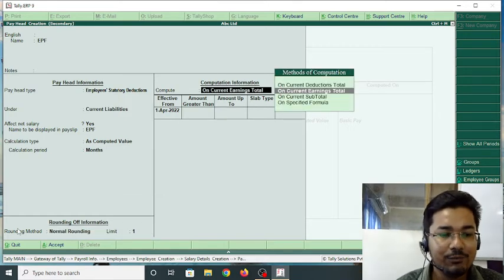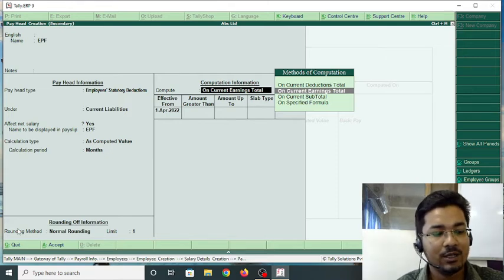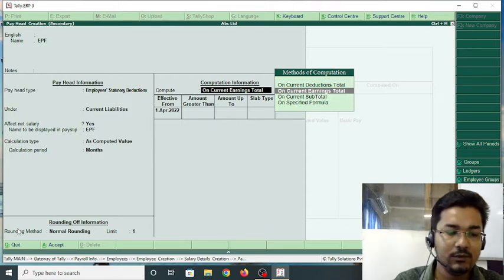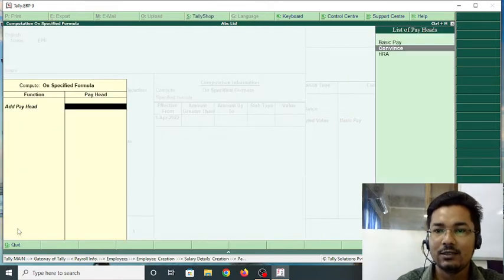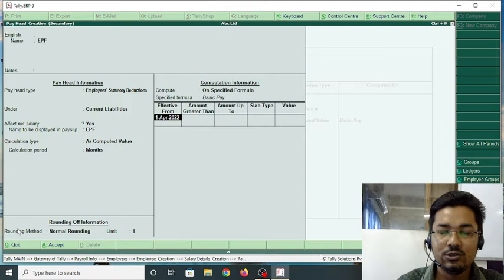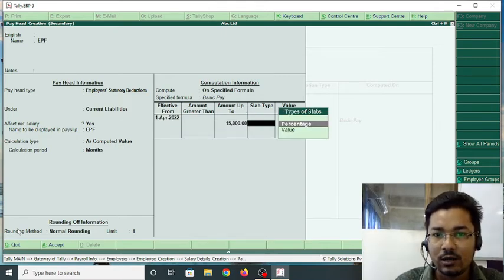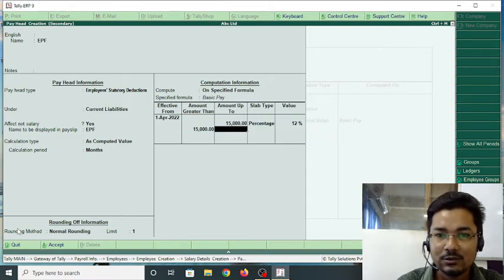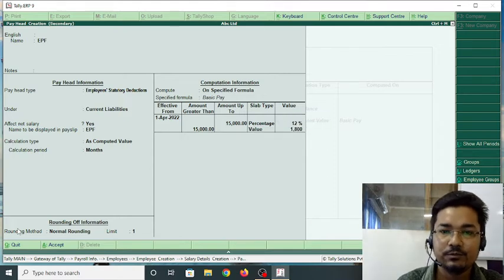EPF is based on basic, so specified formula, basic pay, top of the list, and 50,000. Up to 50,000 amount it is 12%, and after that greater than, the value is 1800.